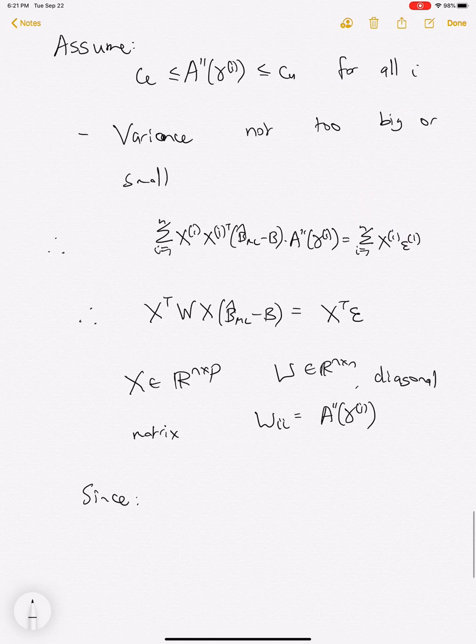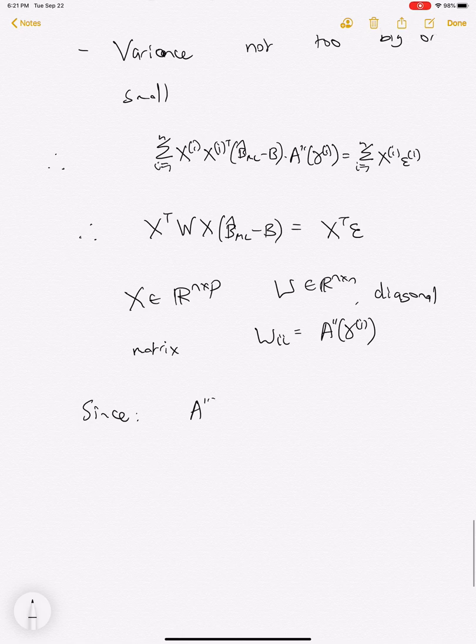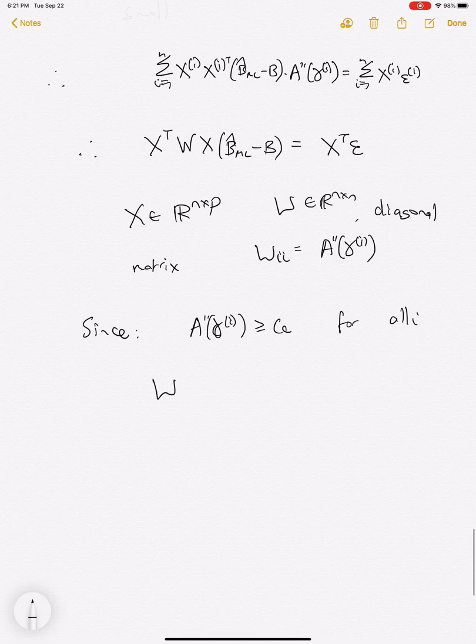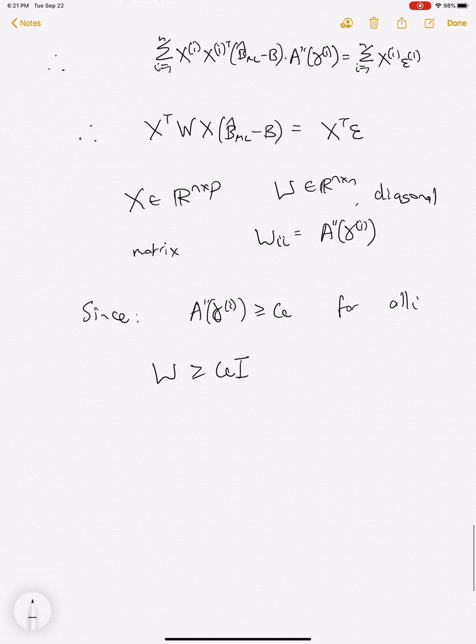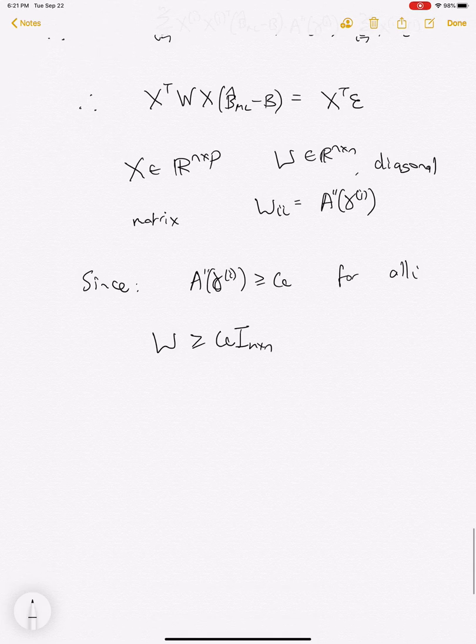And so since we have that is greater than CL, we can say that the matrix W is greater than or equal to CL times the identity, right? So this is the identity matrix, and therefore we can say that